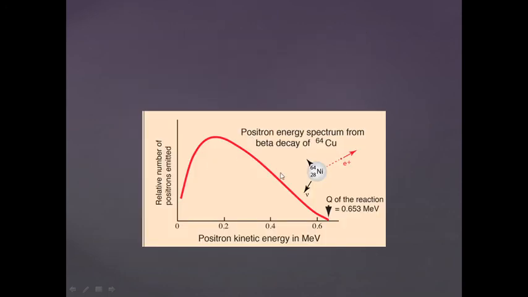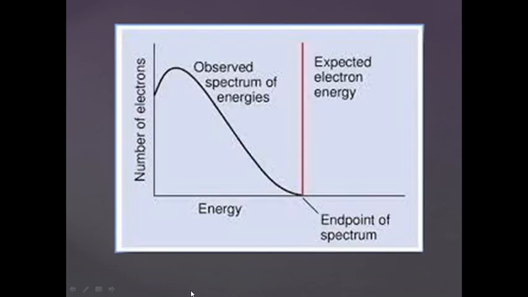This is the positron emission. And now this graph also tells you the same thing. This is expected. We want all of them to have energy closer to Q, but it's not the case. It has energy varying from 0 up to Q. This is a big puzzle which troubled scientists when the beta decay problem was discovered, or when people understood this.